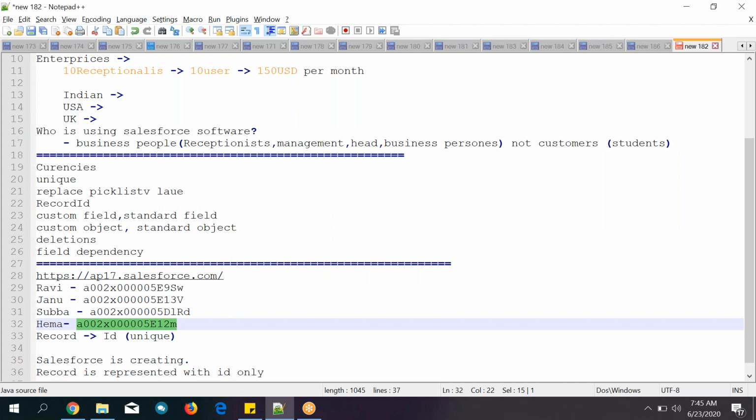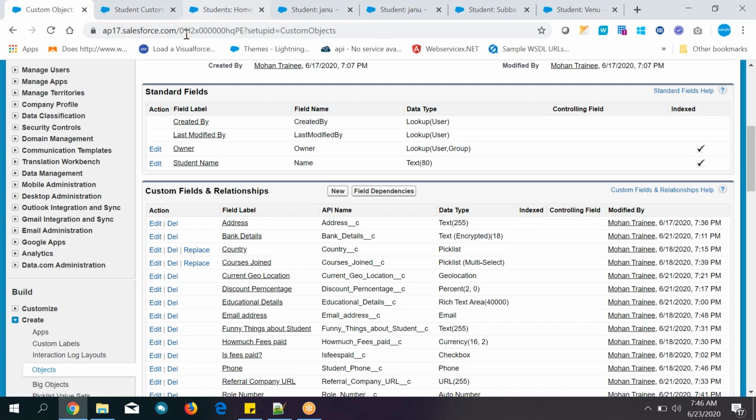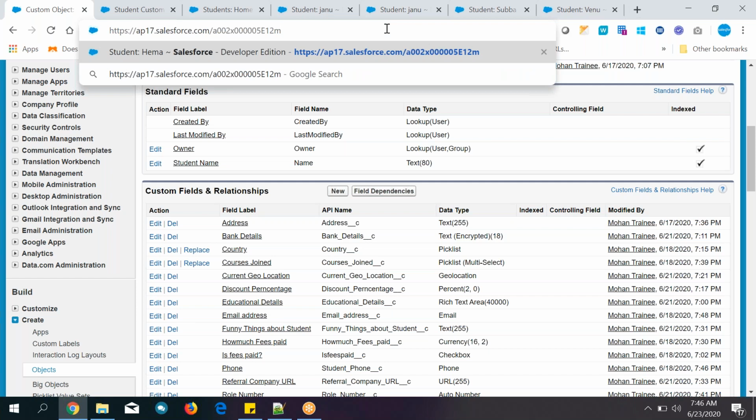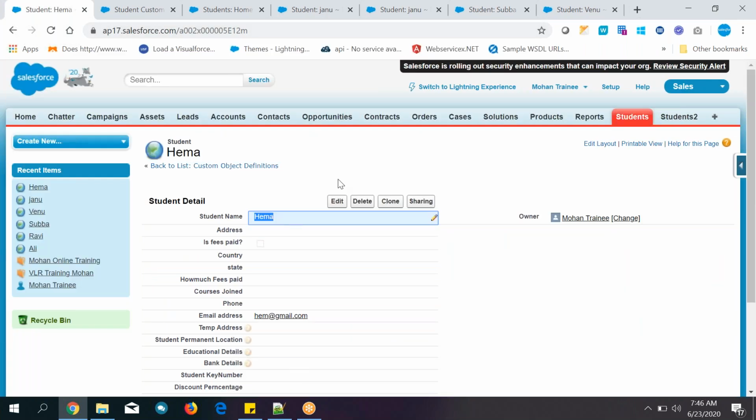Suppose I want to open Hema's record from here. How to open? So you know the domain name. This is my domain name. See here, how to identify? Always remember, at the end of the Salesforce domain, salesforce.com/ is there. After that, just paste the ID like this and enter. Automatically Hema's record will be displayed after the salesforce.com domain.